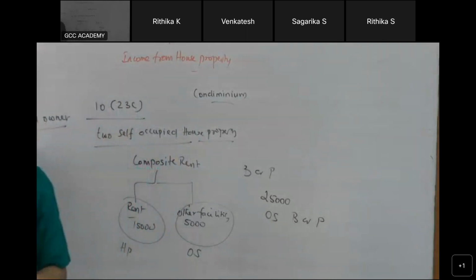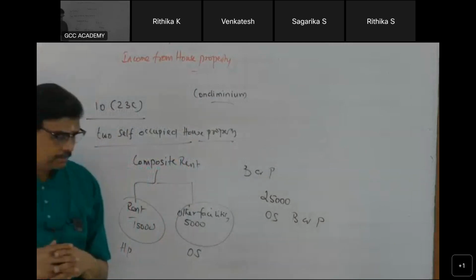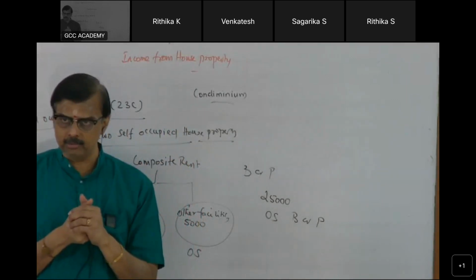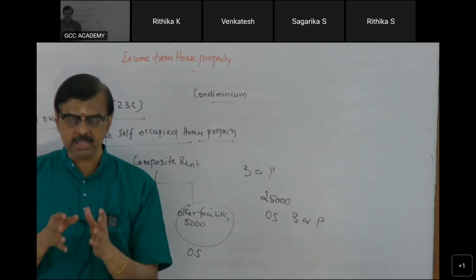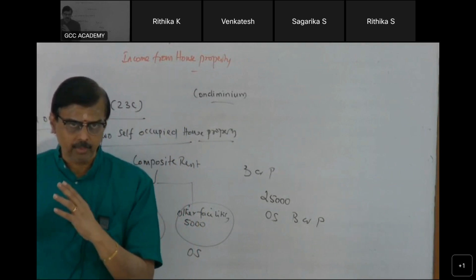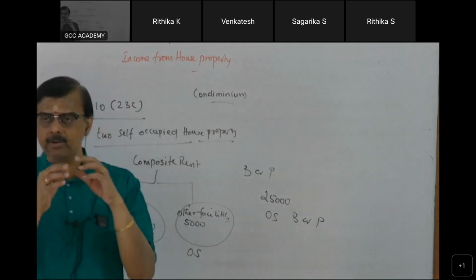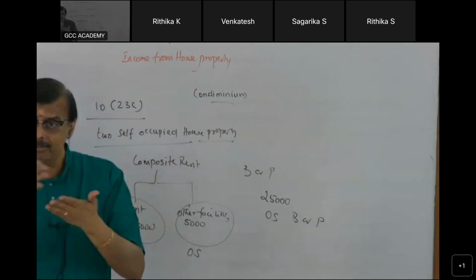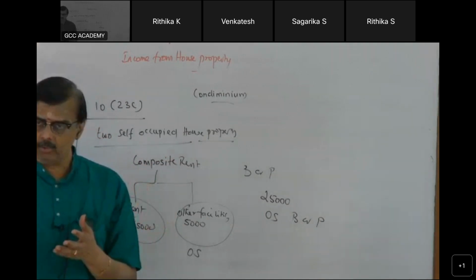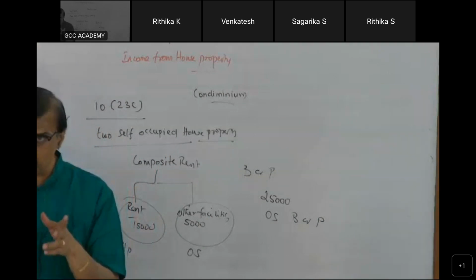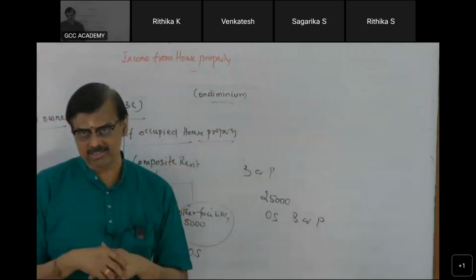Now, what happens in an example? A father has got a big house and he's got 3 sons. And there is a temple in that house, an old building. So the father doesn't want to transfer the property to anyone. But for the sake of convenience, he is saying that my first son will be the owner of the property and he will take care of it, but all other sons also will be there. So this is an example where you can't separate the property. Impartible, பிரிக்க முடியாது. அதனால யார் பேர்ல இருக்கோ அவர் தான் owner. And he pays taxes and everything. He is deemed to be the owner, even though technically all 3 sons are co-owners.